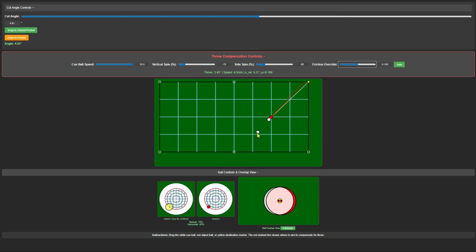So let's get back to an approximate, say 30-degree angle, and we'll do this at a slow speed because it shows up more. We'll do this with no manual friction override. We'll start with no side spin and a rolling cue ball. 100, enter. So this is the amount of throw compensation we need for that shot. If we go to, say, gearing English,